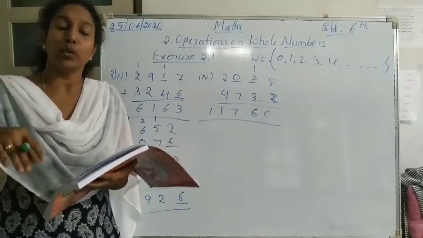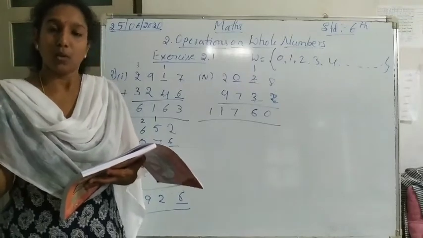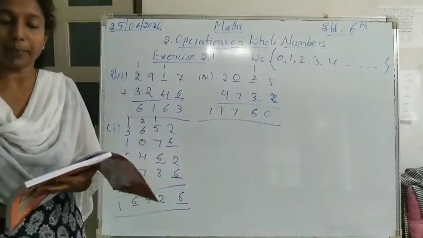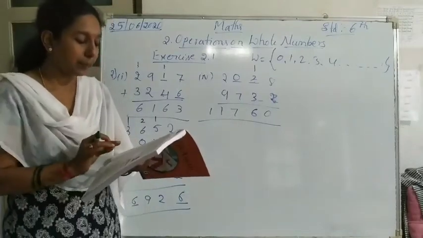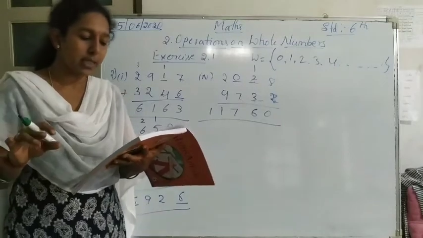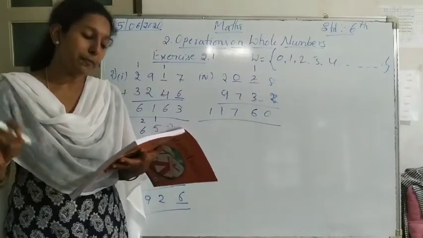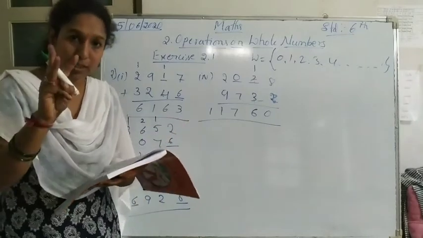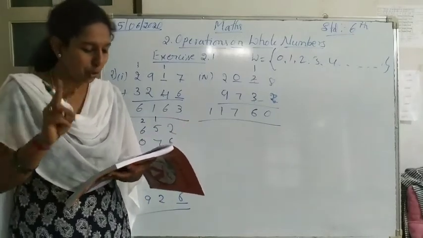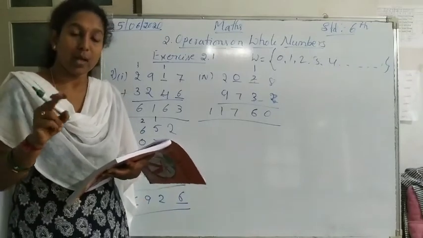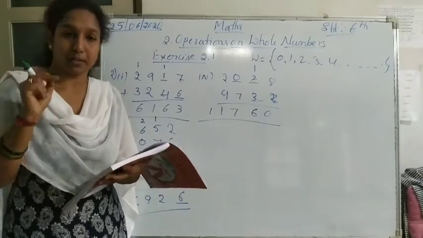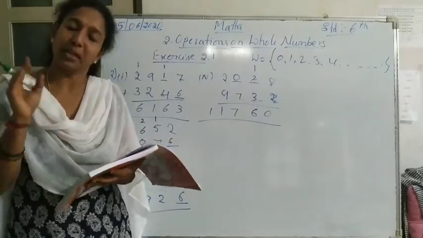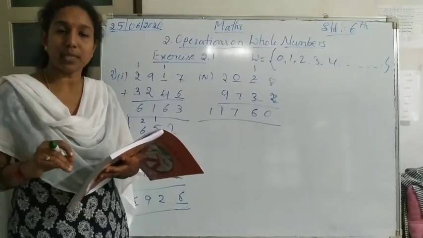So here you can take any 2-digit numbers of your choice, any two odd numbers, and then add them. In the same way, next one. Write any two 3-digit even numbers and find the difference. Is the answer odd or even? Here you have to take 3-digit numbers, and both the numbers should be even. Then you have to find the difference. If you find the difference of both even numbers, the difference is also an even number only.